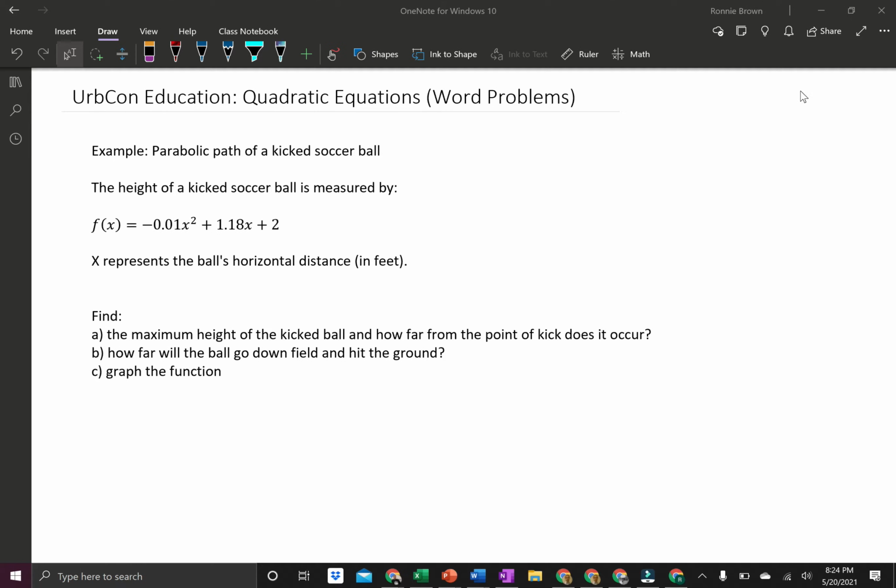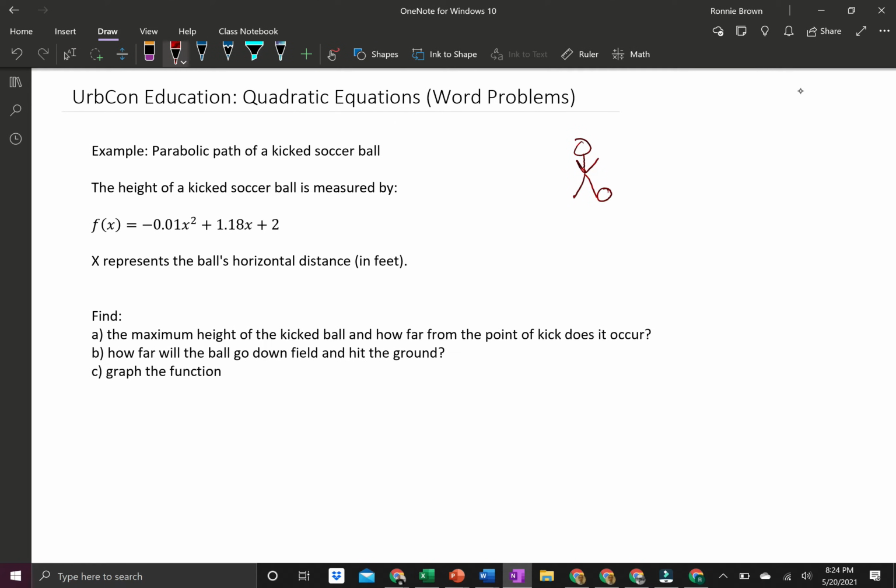It states that the height of a kicked soccer ball is measured by the quadratic function f of x equals negative 0.01 x to the second plus 1.18 x plus 2. Now, our variable x represents the ball's horizontal distance in feet. So if we have a person